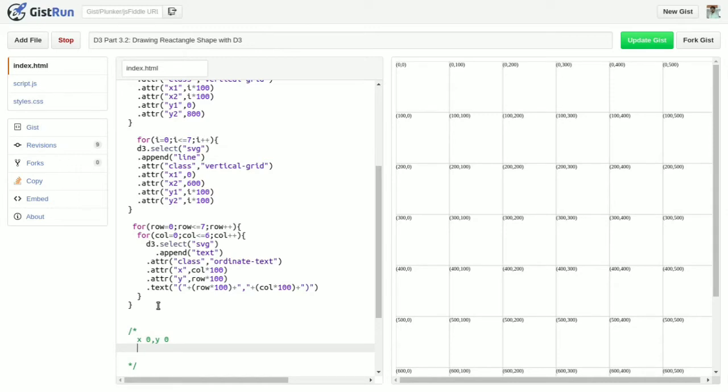Then the next attribute of the rectangle is the width of that rectangle. What pixel width you want to give to that rectangle. If you want to create a square, the width and height of that rectangle will be the same.